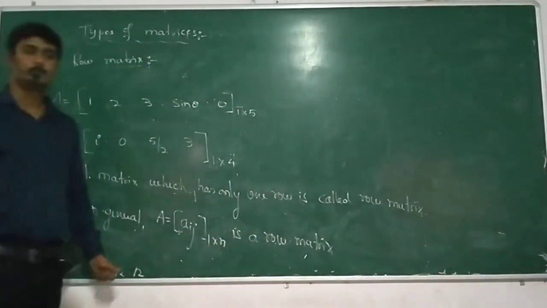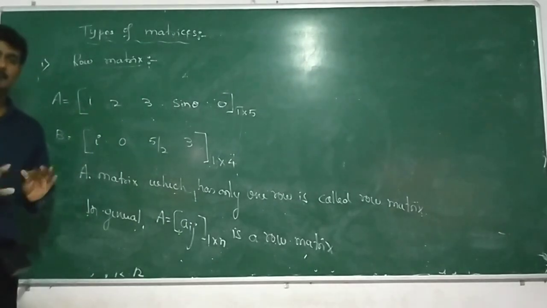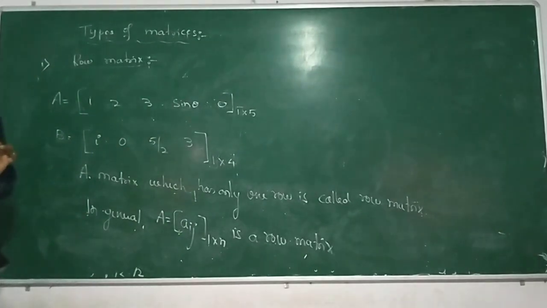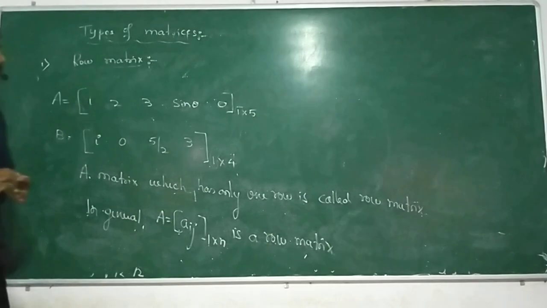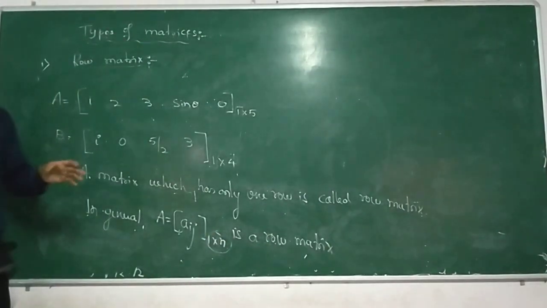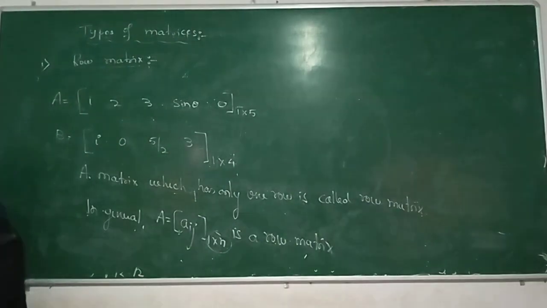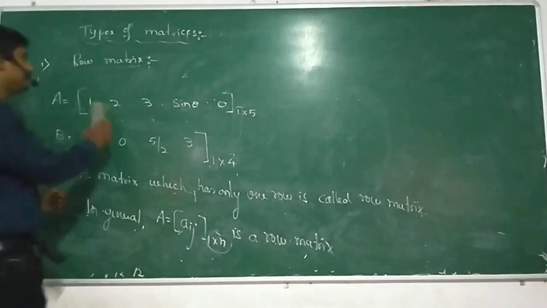matrix. So there are chances that in our annual examination they may ask us to define a row matrix. So any matrix which has only one row is called a row matrix. Generally, how do we write the order of a row matrix? 1 by n. So the restriction is only on the number of rows. We have fixed it as 1, and the number of columns can be any natural number: 2, 3, 4, and so on, anything. This is the first type of matrix that we are going to have.